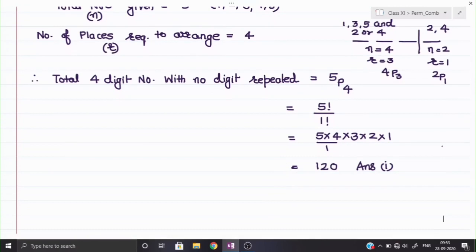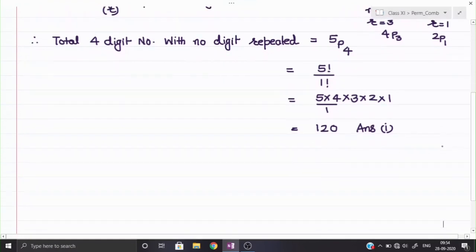Do not forget to multiply, because for these three places combined we found the permutation as 4P3, and for the one place which is the unit place we found the permutation as 2P1. And again, according to the fundamental principle of counting, for each and every place whatever permutation you found, you multiply all of them to get the total numbers. So for 3 places we have one permutation, and for the remaining one place we have the permutation 2P1. So both we shall multiply to find out the total numbers. Now we shall mention this and we'll get the answer.